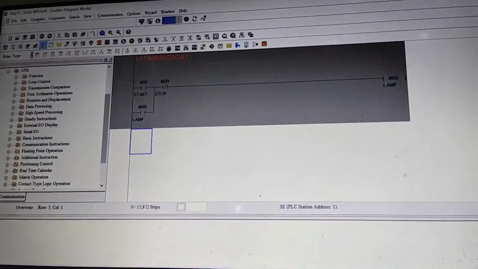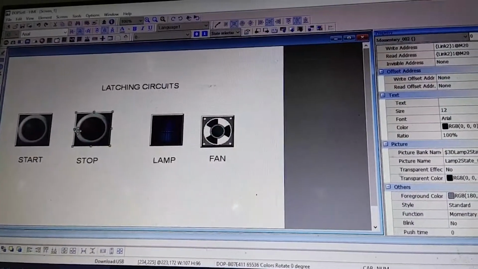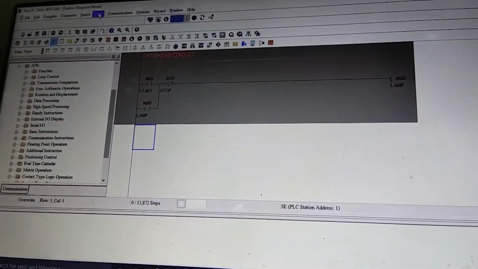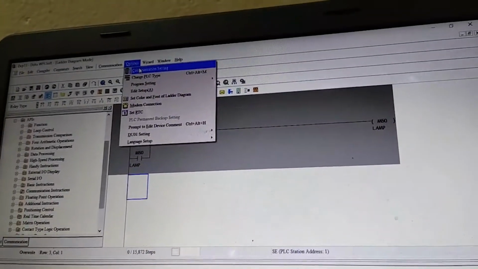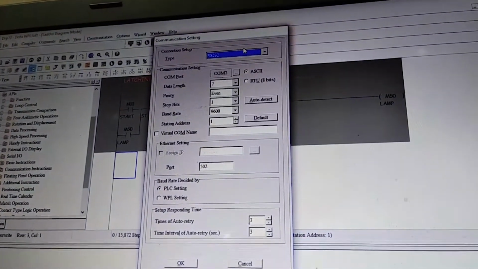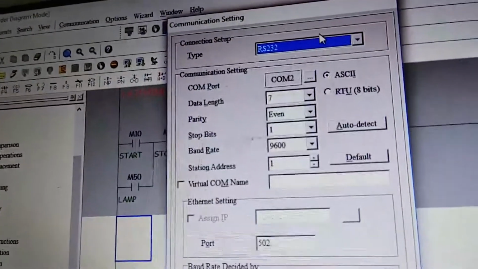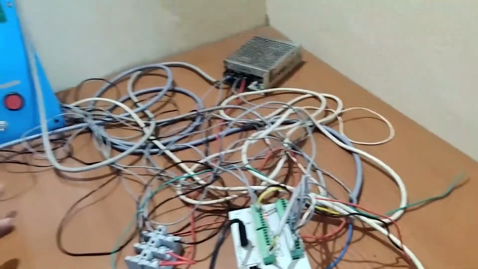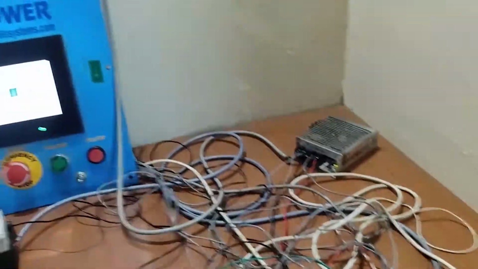So this is about the normal communication between the start-stop condition and the lamp condition. Now the communication address is important. Normally we are using RS232, but now I connected the PLC to HMI. I use an RS485 communication to connect from HMI to PLC.